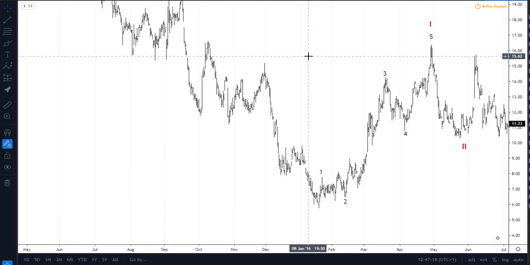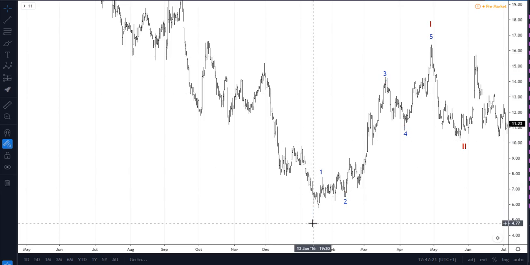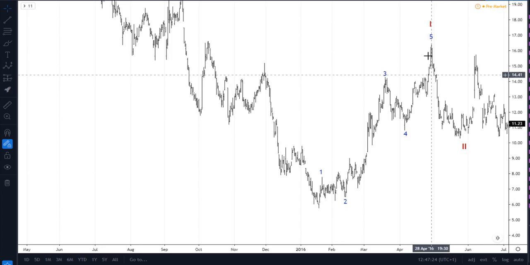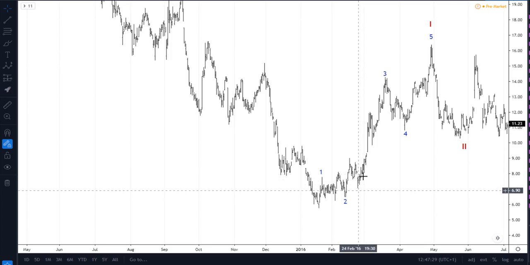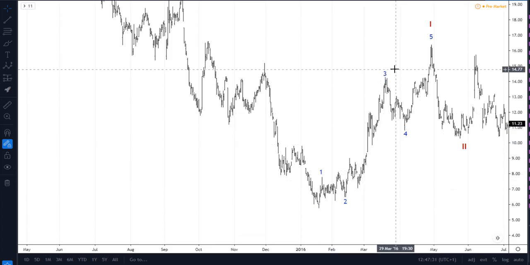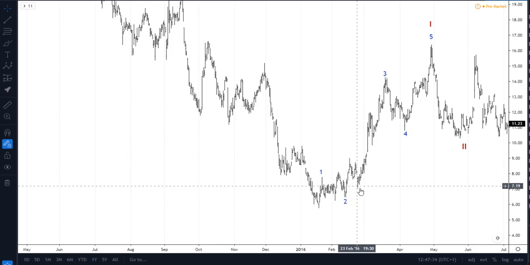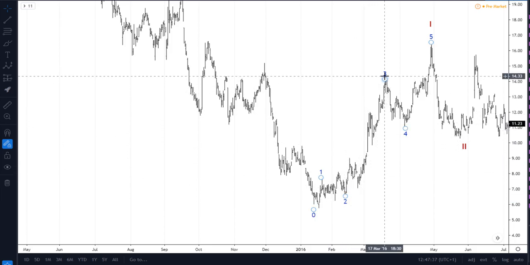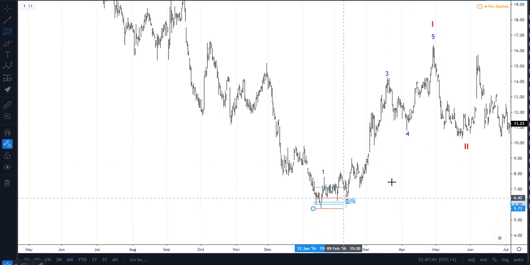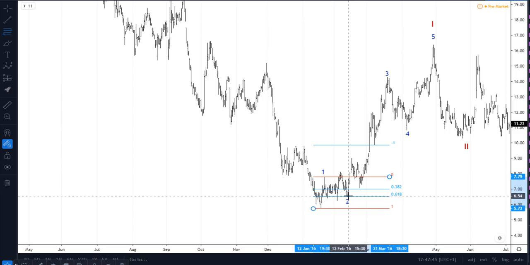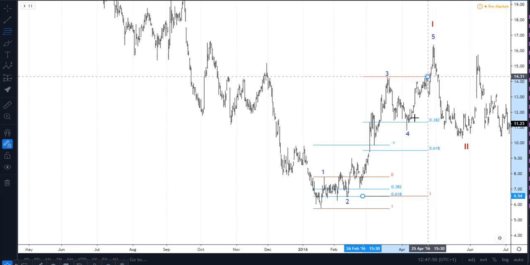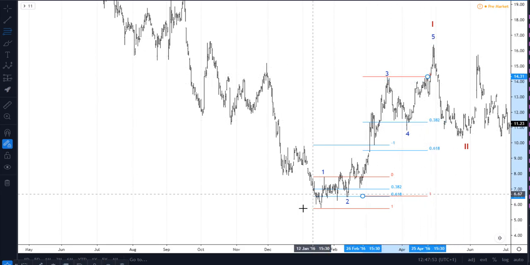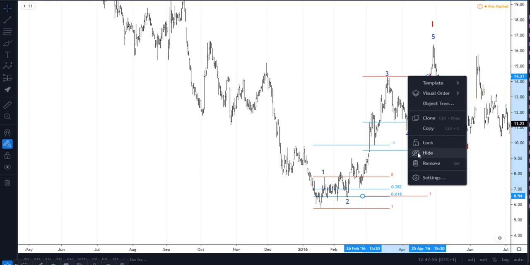This one is not a crypto, it's a stock, it's Navistar. And again, you can see 1, 2, 3, 4, 5. Another thing you can see is that you can subdivide every impulse into a series of 5 waves. Look at this wave 3 here. 1, 2, 3, 4, 5. And you have your retracement, so let's measure it. It's probably very similar as well. Wave 3 is the longest, wave 2 retraces to 618. Wave 4 to 382, and wave 5 in this case is longer than wave 1, but yeah, so it's very